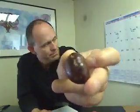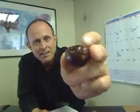Today is April 7th. It's a Thursday. And first thing I want to show you today is this little bugger right here. Take a look. That is a Burdekin plum, Pleiogynium timorense, I do believe. Burdekin plum. It is a member of the